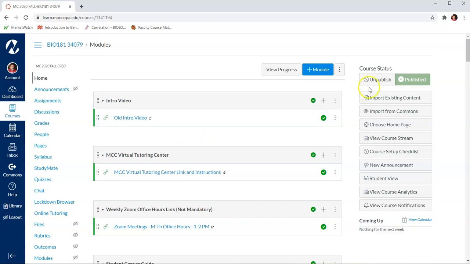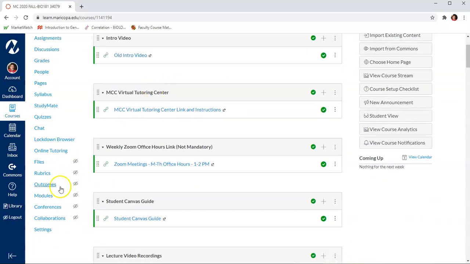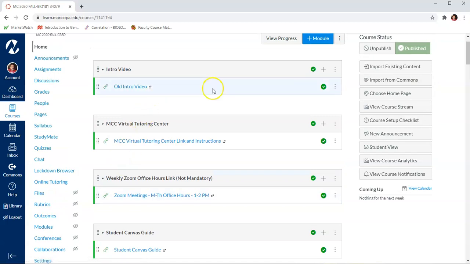So I'm just going to go through how the course is laid out so that you can sort of see this. And I've published this course. This view is going to be different than your view. You will have a student view, but generally it's going to be very similar to my view. So anyway,